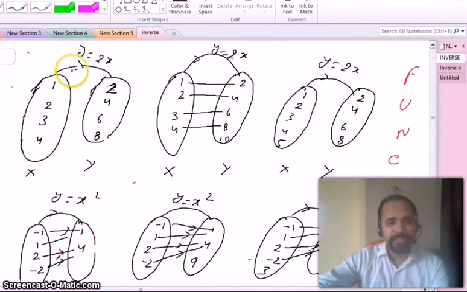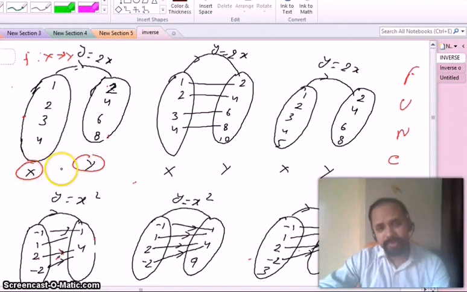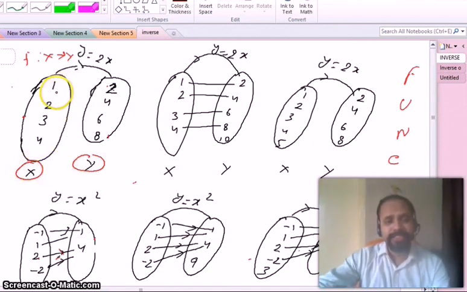Okay. So let us see some example. Like if I take y equals 2x, that means I'm taking a function f such that x to y. Here this is set x and the second set is y. So we are defining a function from x to y. So basic criteria, if we put x equals 1, then obviously y equals 2. Then if you take 2, then 4; 3, then 6; 4, then 8. This is the function, that is y equals 2x.